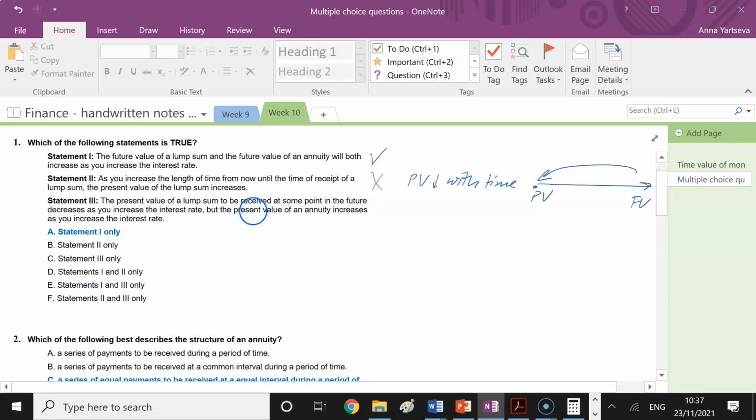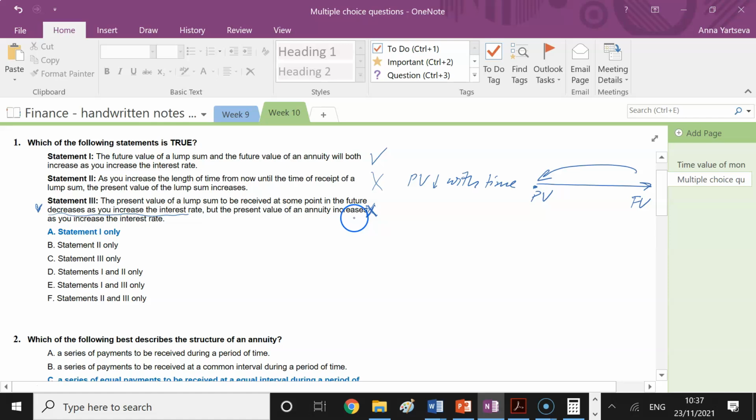Present value of a lump sum to be received at some point in the future decreases as you increase the interest rate. This is correct. The first part is correct. Present value will decrease with the high interest rate. We discount it more, so the present value will be lower. First part is correct, but the present value of an annuity increases as you increase the interest rate. And this is incorrect because regardless of whether we are talking about an annuity in the future or a lump sum,